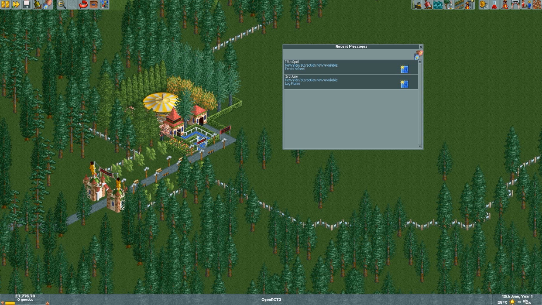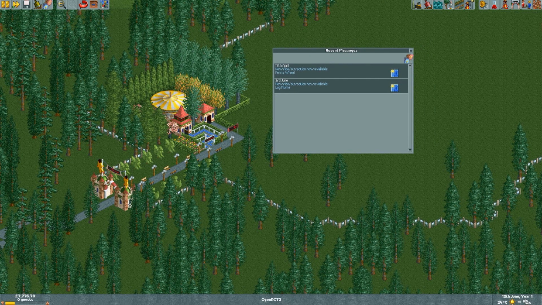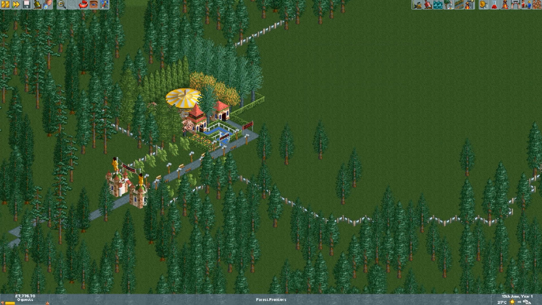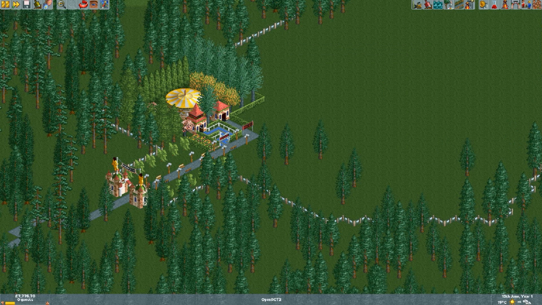There's a few messages we've missed. It said new ride attraction now available, Ferris Wheel. New ride attraction available, Log Flume. So we've got some new rides there. Let's get this park open. So we've just opened the park, and